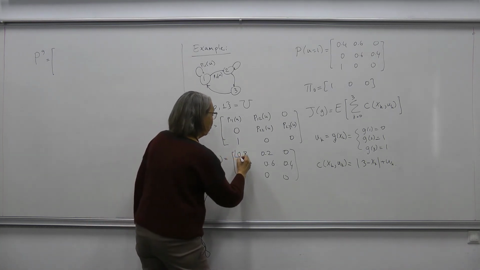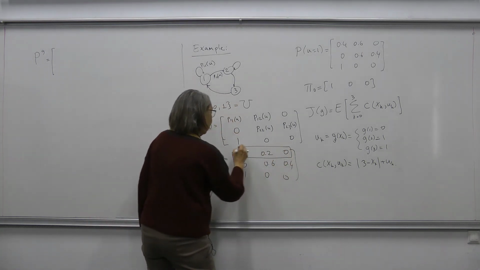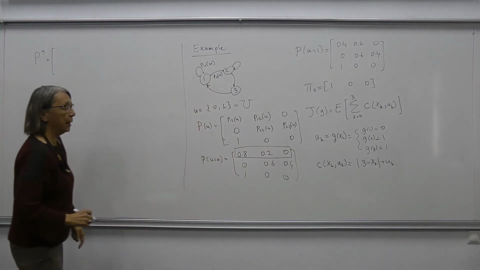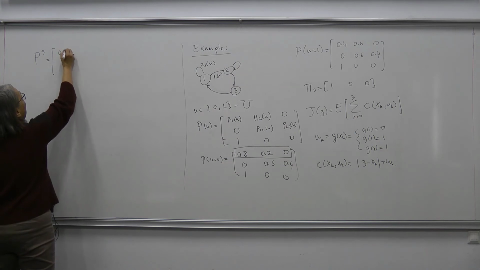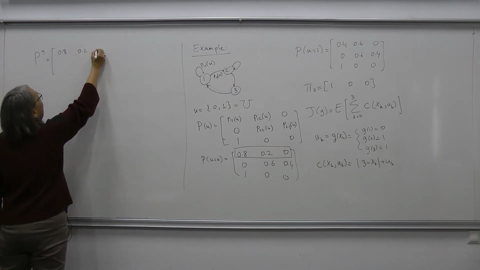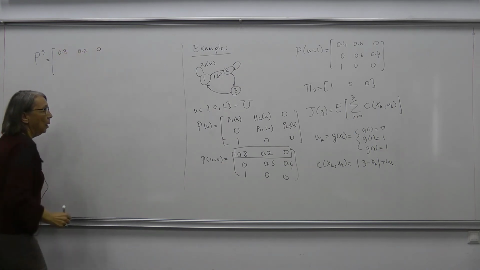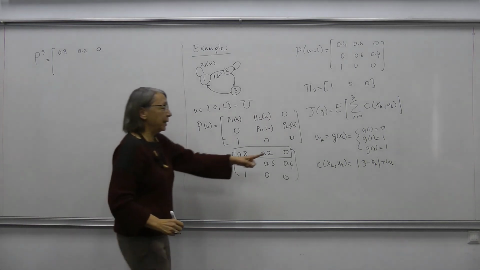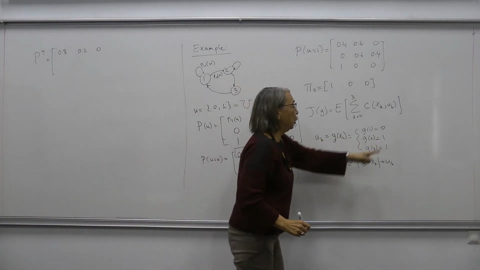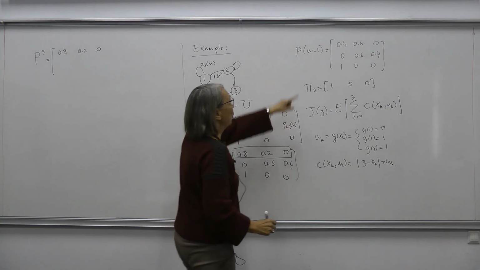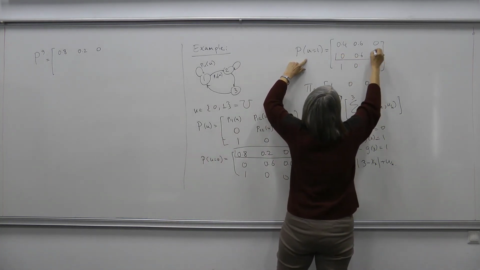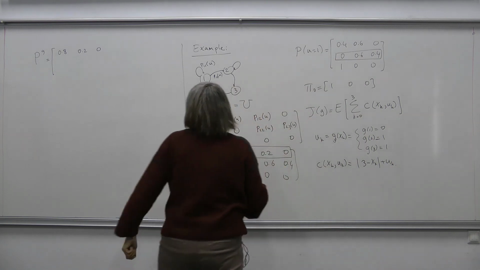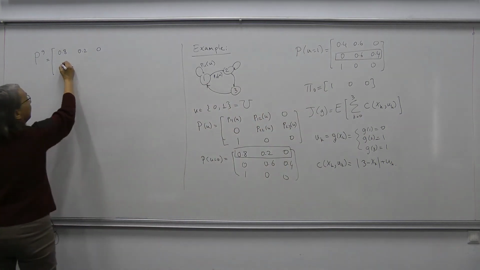In other words, when U is equal to 0, the transition probabilities will be 0.8, 0.2, and 0. When state is equal to 2, U should be selected as 1. So we go to the second matrix here and choose the second line. That is 0,